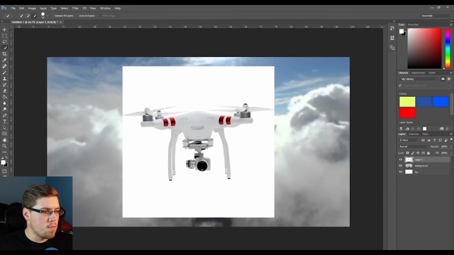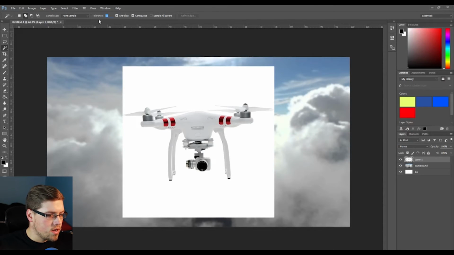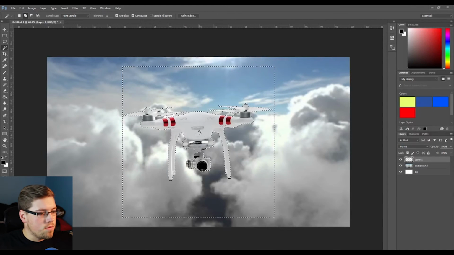So now if you grab your Magic Wand tool and select this white, it's going to do that, right? So make sure Sample All Layers is turned off. Contiguous doesn't really matter, but we're going to set our tolerance right now to probably about 15 because it looks like pretty straightforward white. And that's pretty much it right there. So if we hit delete,